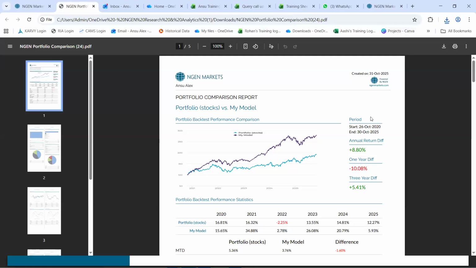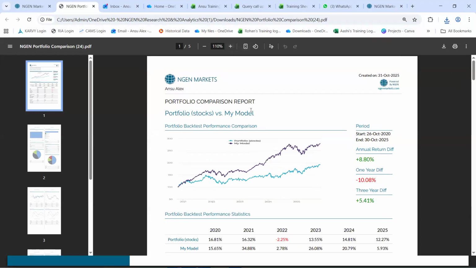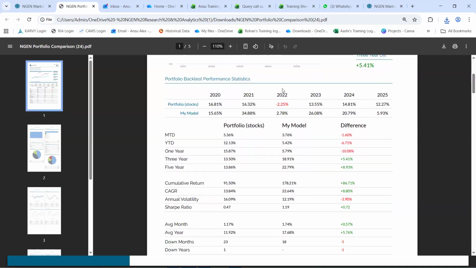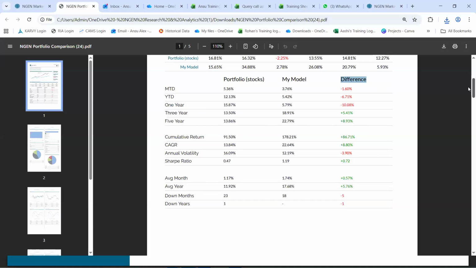And this is how your PDF report will come up. So in the premium and the pro version, all the PDFs and PPTs, since it is co-branded, on the top left, you will be able to see your company name and logo. This will be the first page, which will tell you the performance differentials. How are the two portfolios performing against each other? The calendar year data coming up right here, and the difference parameter is shown up in the bottom section.